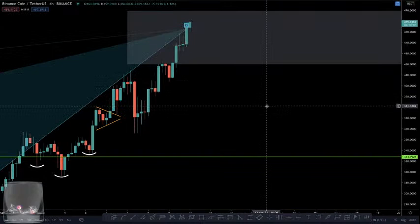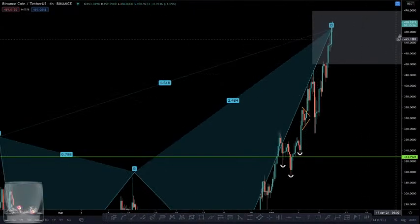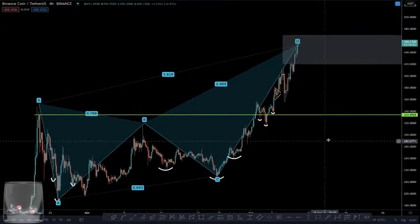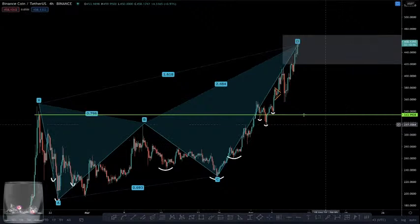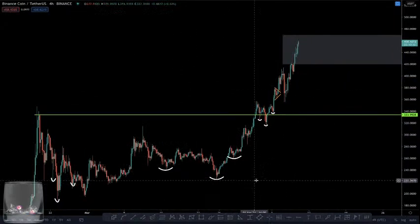What is this one? Oh, stupid BNB. Okay, so what's happening here? Watch, check this out. This happens oftentimes too. All right, here's what we don't like on BNB. Here's why we said possible short. All right, so if we get rid of the harmonic real quick, this is basically the structure we've been looking